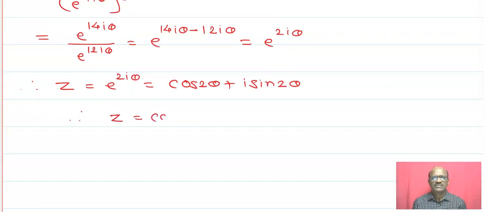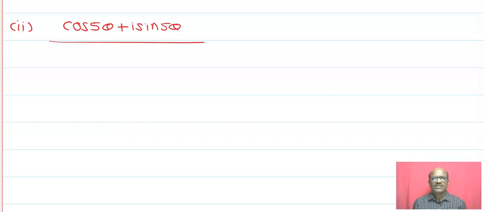Now the next: z is equal to cos 2θ + i sin 2θ. Then our next example: cos 5θ + i sin 5θ